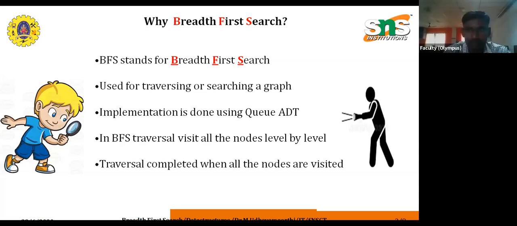Once the traversal is completed, once all nodes are visited, it tells that the traversal operation is completed, so the traversal is to be stopped there. So that is the concept of breadth first search here. Now again I will tell simply, in a graph we are having two types of search. One is depth first search, another is